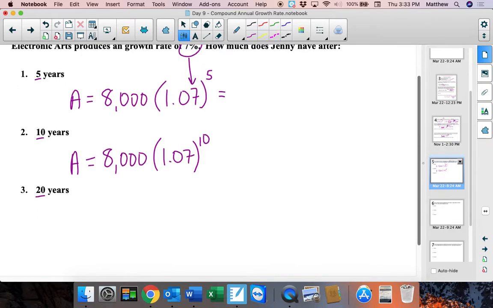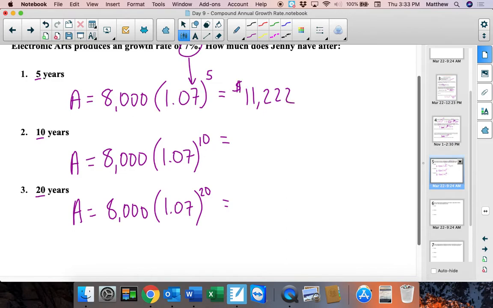And then lastly, after 20 years, still that initial investment, times 1.07 to the 20th power. So let's use our calculator. I'll do it. Hopefully you can do it too. 8,000 times, parentheses, 1.07 raised to the 5th power. I got 11,220, rounding to the nearest dollar. For the second one, after 10 years, I get 8,000